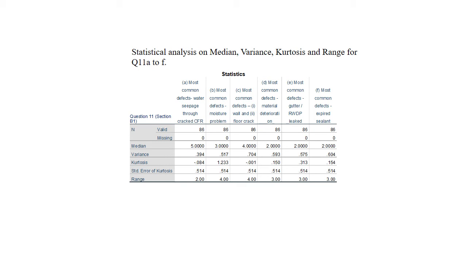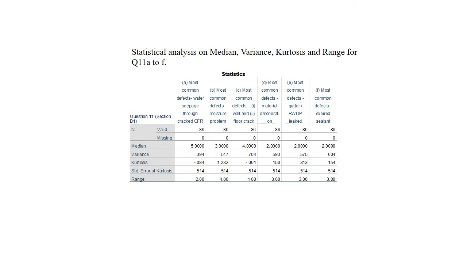Now, the next item in the paper is the statistical analysis using the median, variance, kurtosis, and range. The same as question 11A to F, covering cracks, CFR, moisture, and so on. Okay, you can take a look at all the median, variance, and kurtosis statistics for each of the items here,